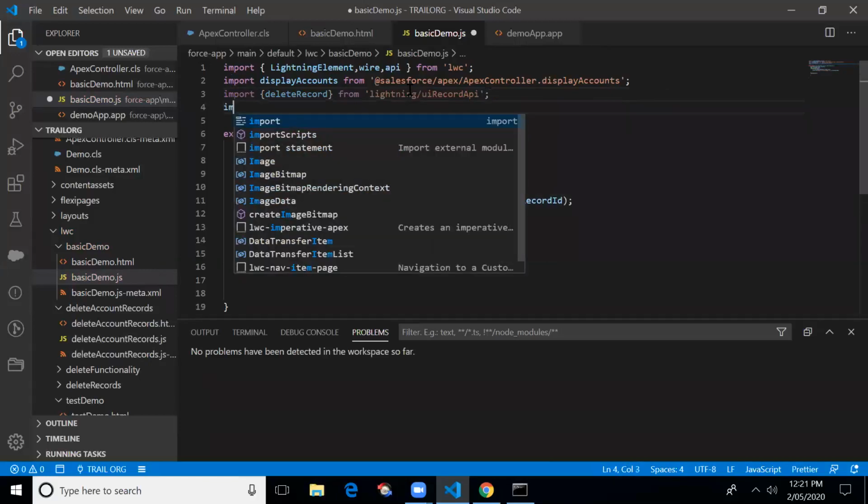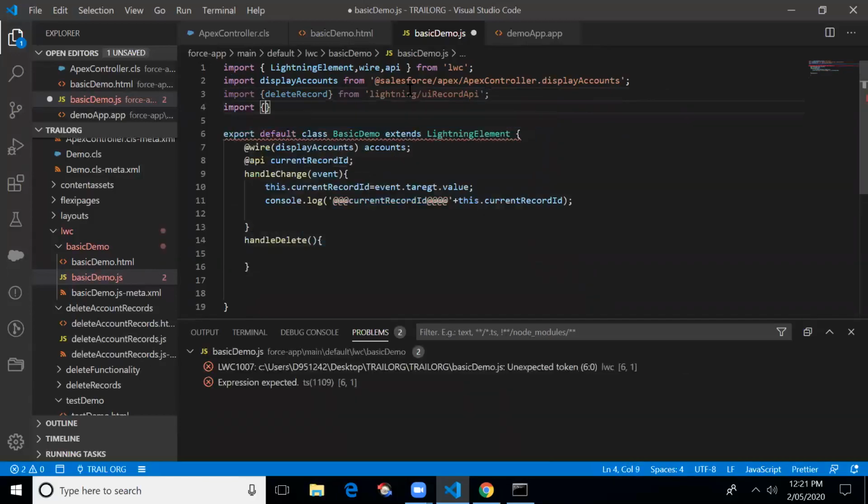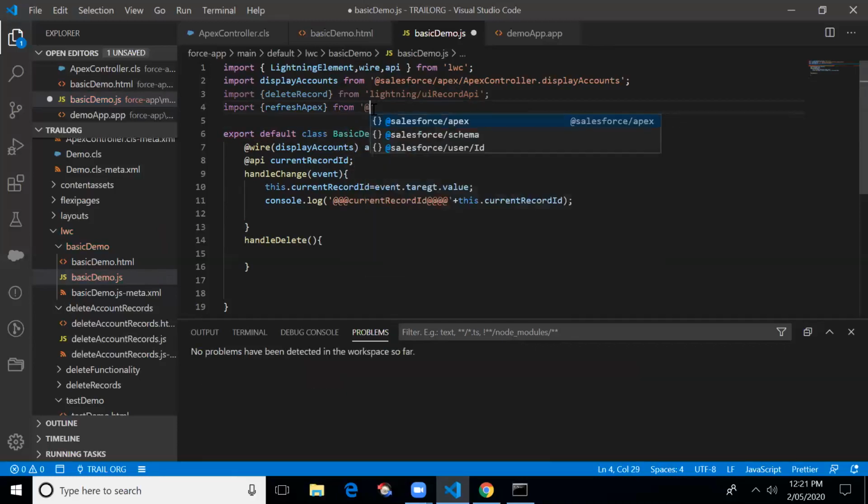I'm importing one more method, which is basically for refreshing the data whenever we delete a record: refreshApex from @salesforce/apex.